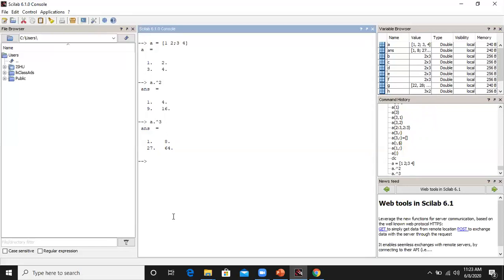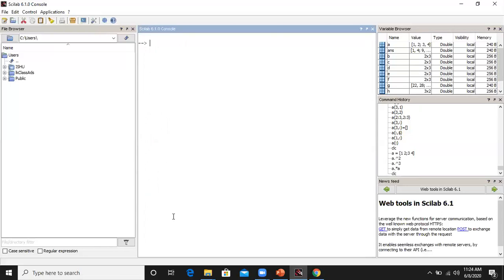So this way we can multiply the elements with themselves, and we can also go for array multiplication, that is A dot star A. It is equal to A square, which we have done previously. So A dot cap 2 is nothing but A dot star A, and again we get the same result. So this is one way of representing that matrix.